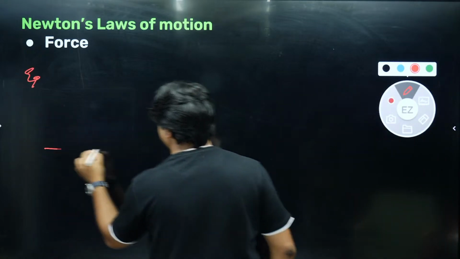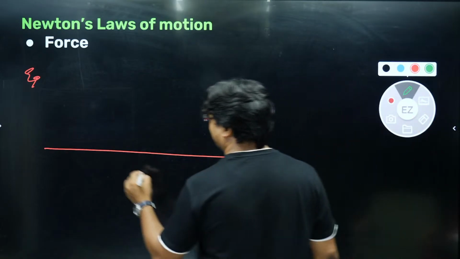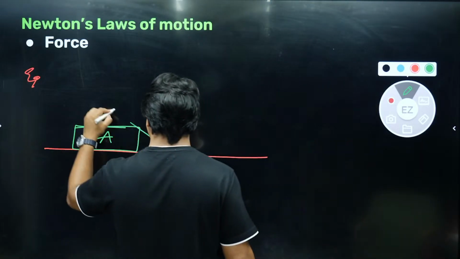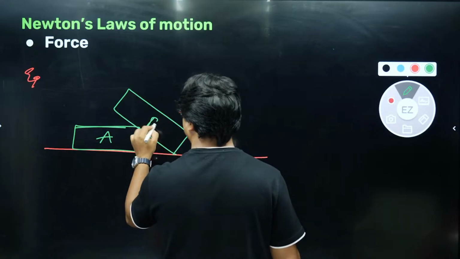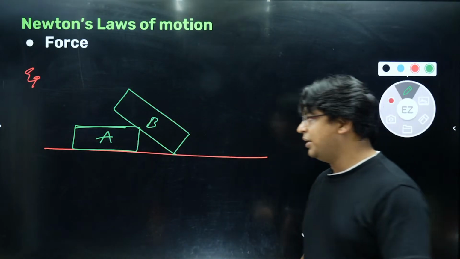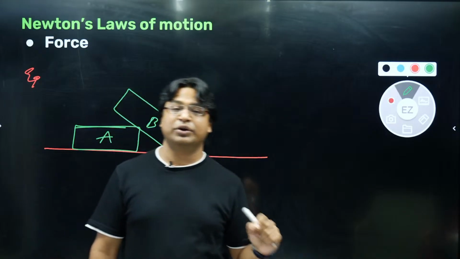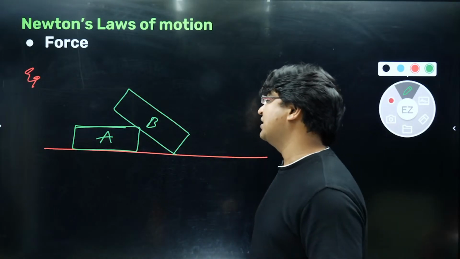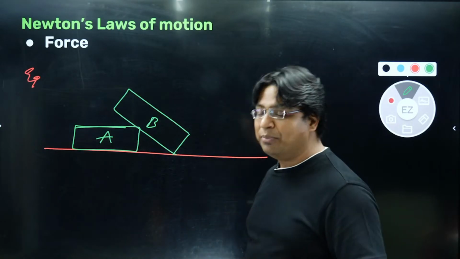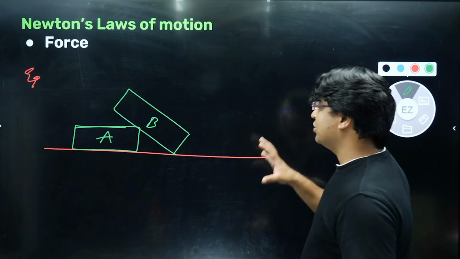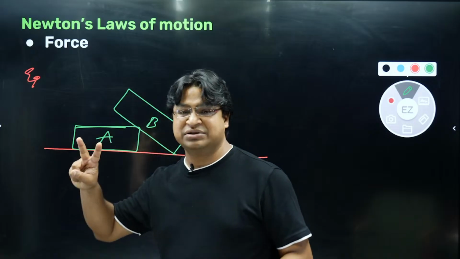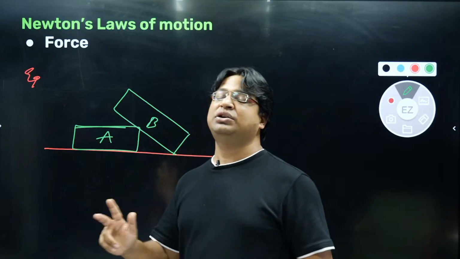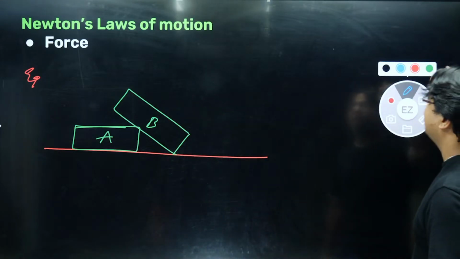Let's consider this as a horizontal surface, and on the horizontal surface there is a block A which is kept like this, and there is another block B which is kept like this. Now I want you to think about the normal forces that you would be drawing on B. You can start by thinking about the count of normal forces that we should be drawing on B. Can you tell me how many normal forces you will draw on B, guys? B here is in contact with two entities. It is in contact with A, and it is in contact with the ground. Every contact will lead to a normal force, so B will be acted upon by two normal forces.